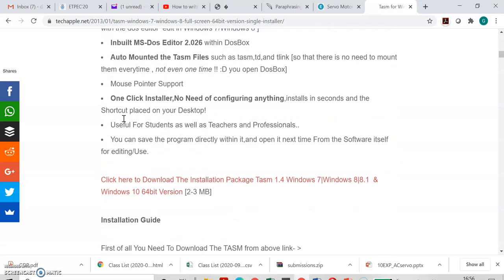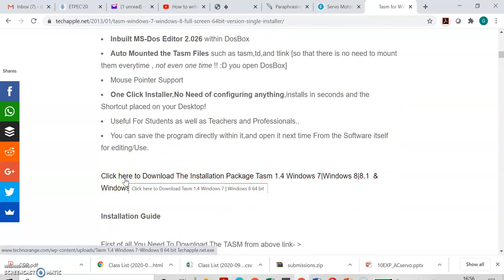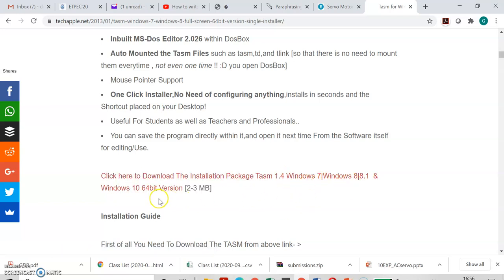and here we have a link to download TASM software for Windows 7, 8 and 10 for the 64-bit version. The size of this file is very small, 2 to 3 MB only, and this software has an inbuilt DOS editor, therefore there is no need of downloading a separate DOS editor. This software itself has an inbuilt MS-DOS editor, therefore it is better to prefer this particular software. Just click on this and the software